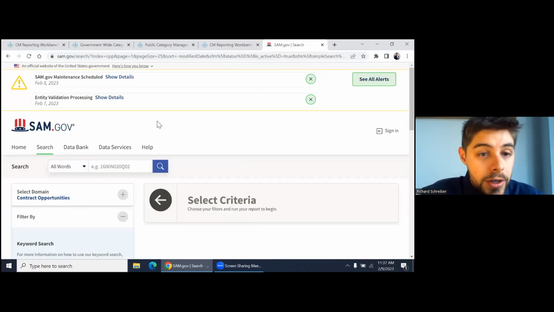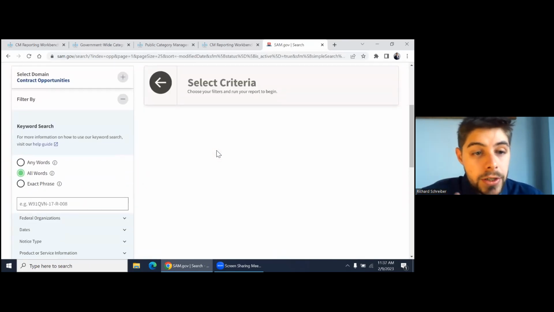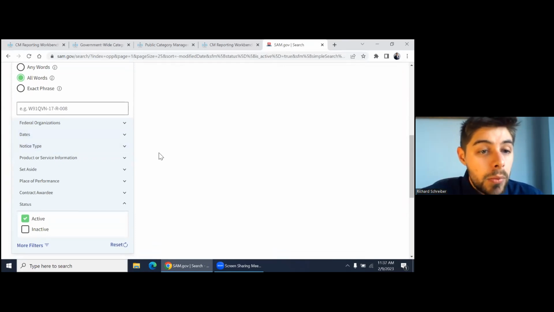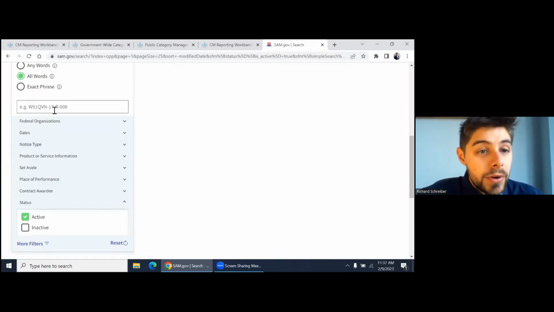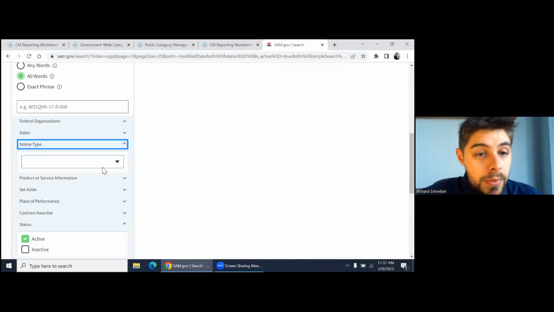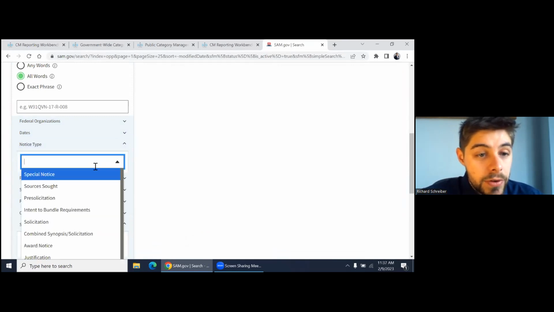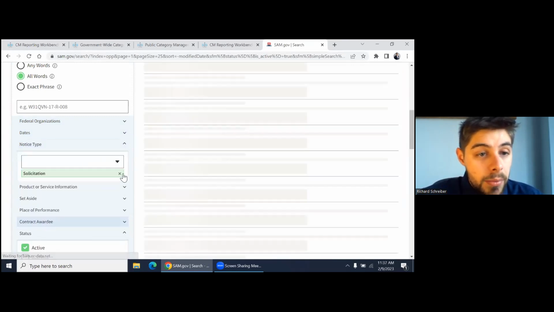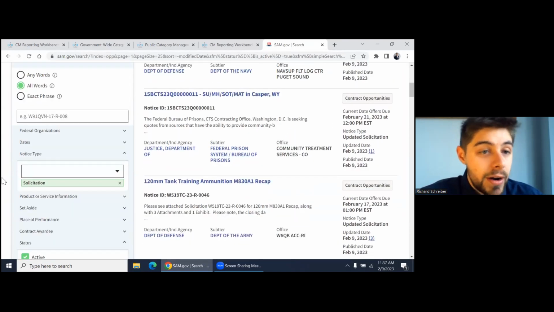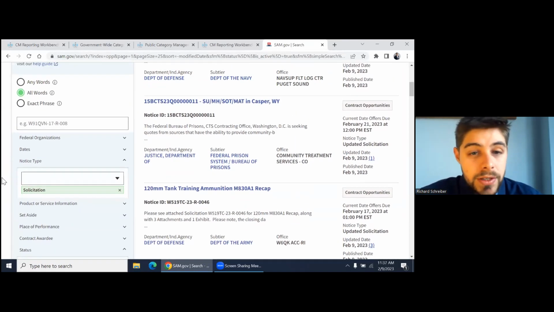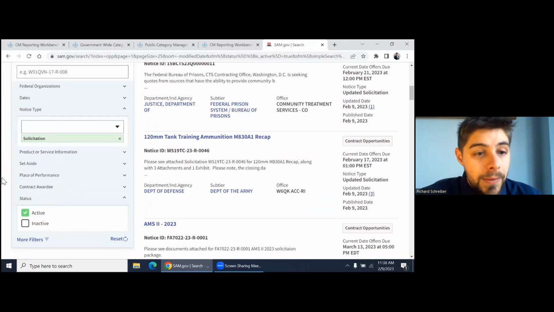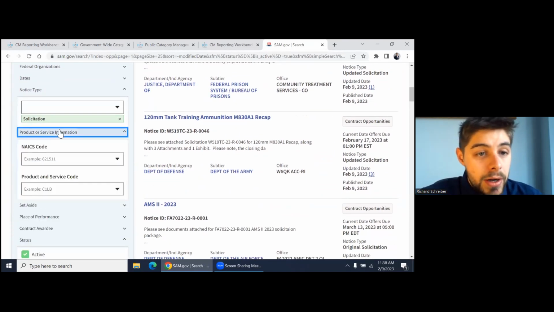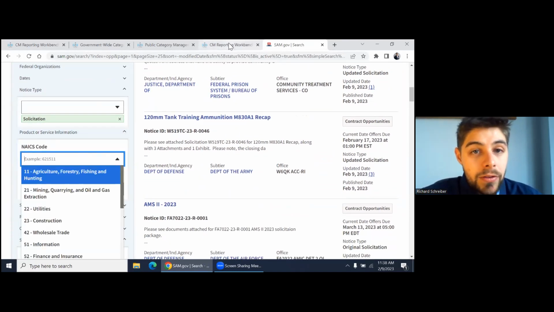So you're in sam.gov, you're going to contract opportunities. If you're registered on here and you use this, then you already know what I'm talking about. But if you're trying to look for, say, a notice type of a solicitation, you're looking for some new business, right? But you need a little bit of help trying to figure out how exactly to parse out all of these solicitations. Let's go to product or service invitation. Now, from this